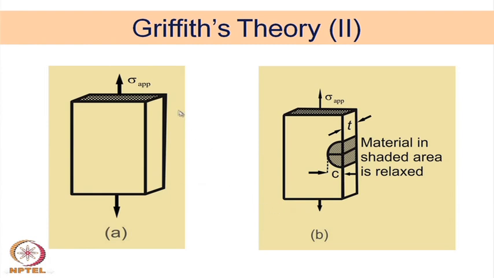Well, this is a geometric representation of what is happening in the sample or in the solid. This is a rectangular sample where sigma applied is the externally applied stress, and it is under tension here, and as a result of that you are generating a cracked region. This crack was not there originally, and because of this tensile force a crack has been generated, and there is a strained region here.